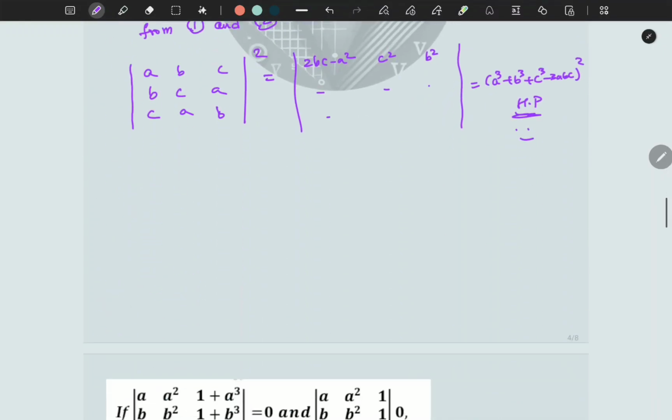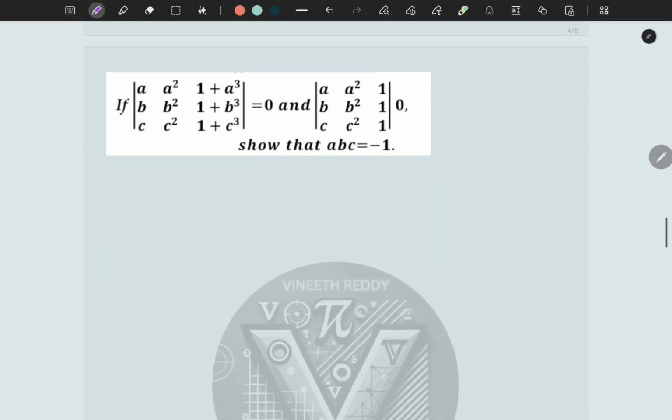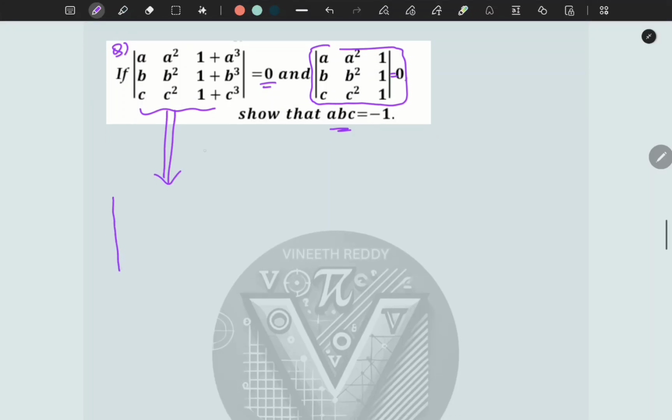Now let us go to the next question. I hope you are with me. So the next question is also very, very important. It says a determinant of this is equal to 0, and this is given in the question, the determinant of this is also 0. Then we need to show that ABC is equal to minus 1, right? So what we will do is we will split this determinant into two parts, right? How can we split it? We will split